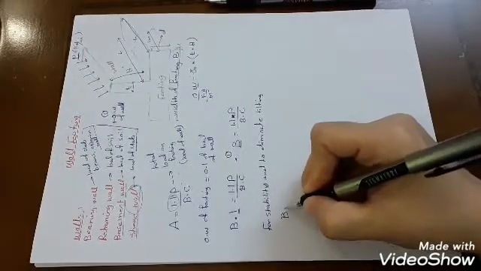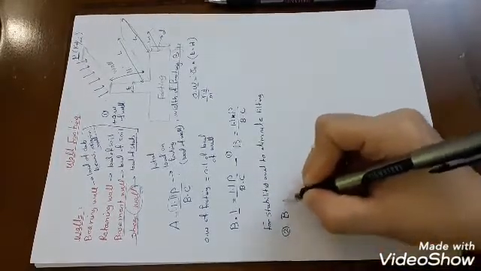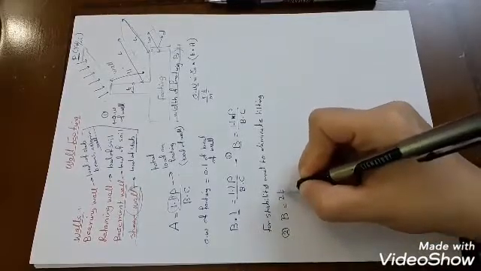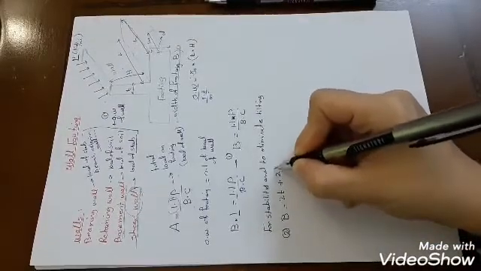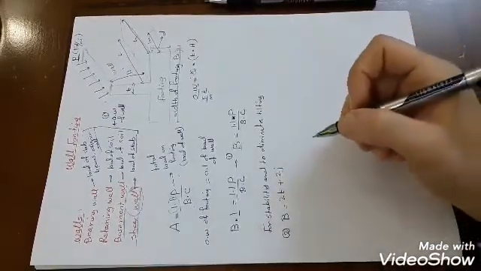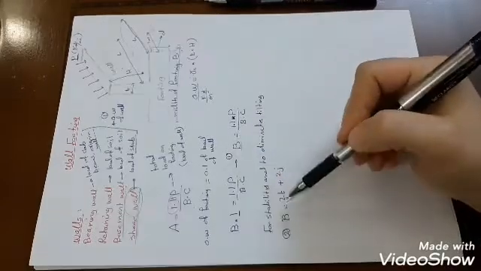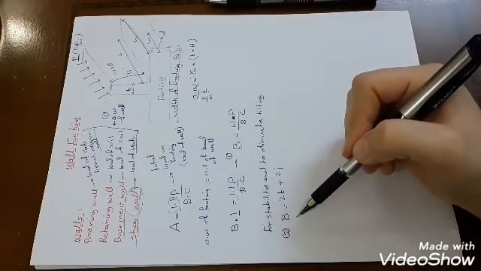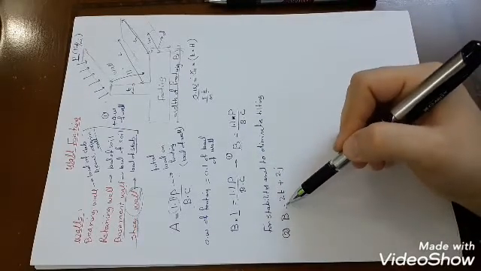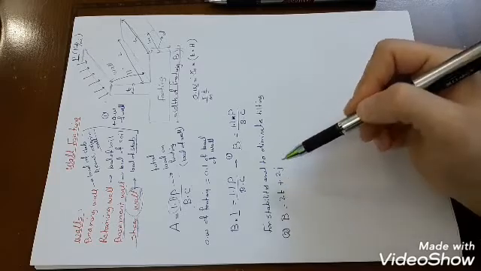So B, this is the other value, B equals 2T plus 2J. What's the first value? What's the second value? B equals 2T plus 2J, where